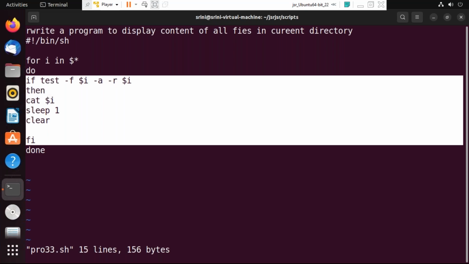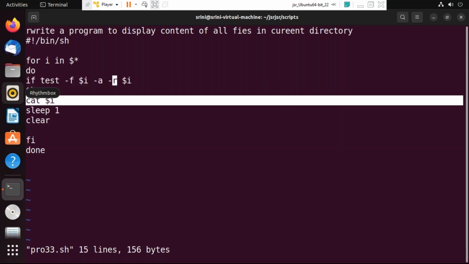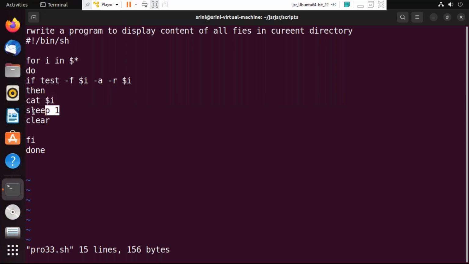What I am checking in the if condition: it is taking the file name from the positional parameters, multiple file names you have given. So it is taking the first file first time, and it is checking whether it is a file or not, whether it is having a read permission or not. Got it? If it is a file, it is having read permission, then display the content, right? So sleep 1 second, then go for the second file. You see,